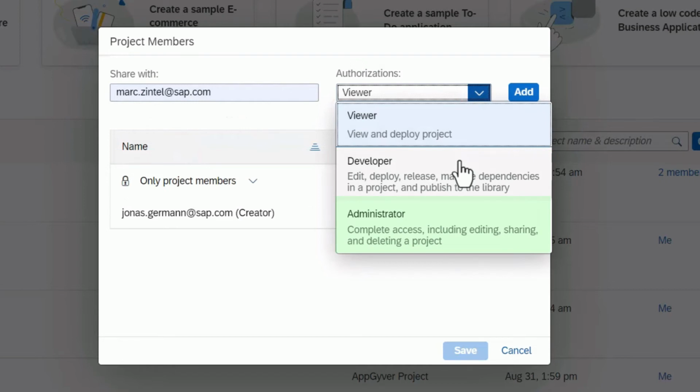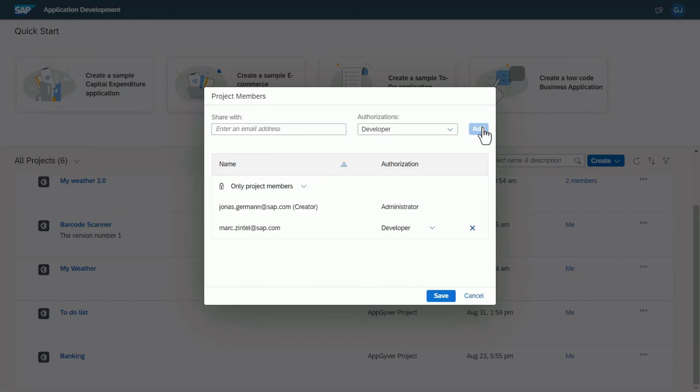The admin role provides full access. In addition to the developer functions, the project can also be deleted, for example. Just go to the quick access page of your AppGyver and add all the people that you want to